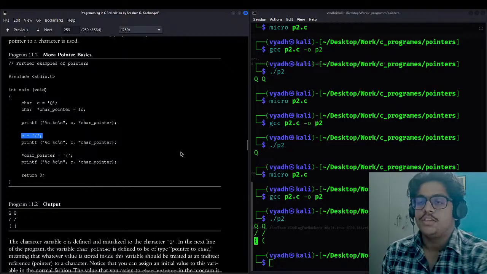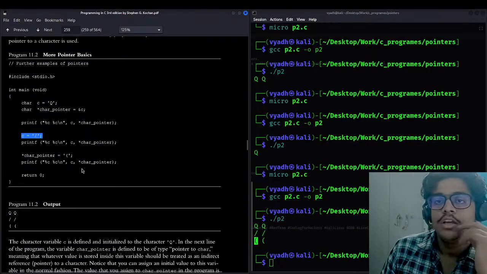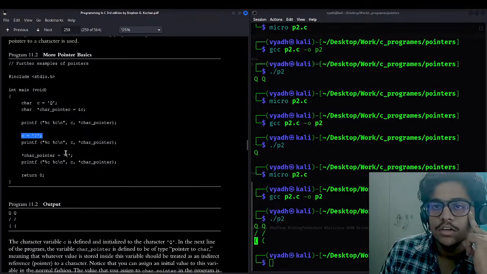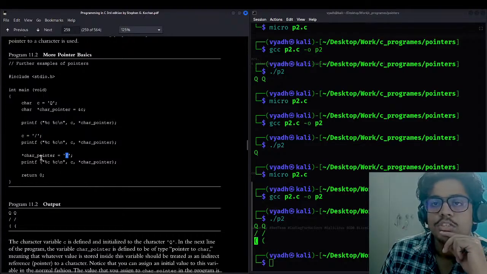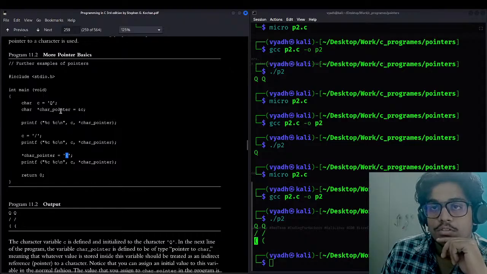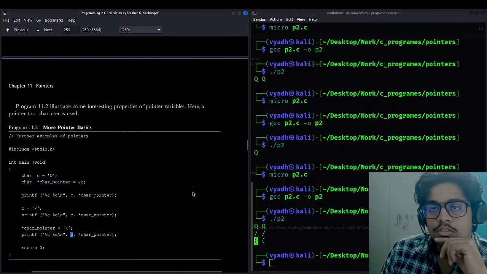So first, let's see this program. What we have done here, we have not directly assigned this parenthesis to C, but we have changed the pointer variable of this char C to this parenthesis. And what you observe here is that the value of C is also changed. So this is the significance of pointer.